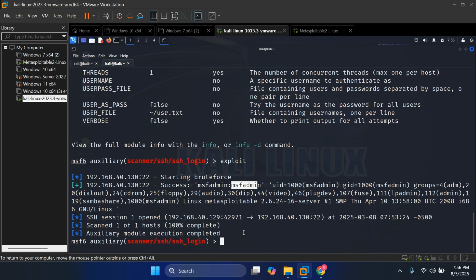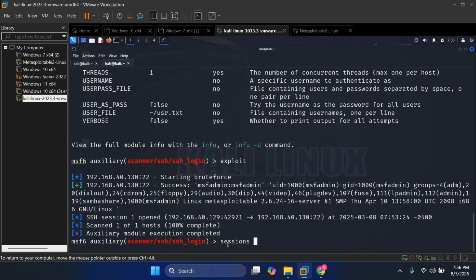So let us continue. Right now, the next thing we want to do is open what we call a reverse TCP. What is reverse TCP? Reverse TCP is that we are telling the Metasploitable to please connect back to us in Kali Linux so that we can create files here in Kali Linux and see them in the Metasploitable, or create files in the Metasploitable and see them in Kali Linux. So how do I create this reverse TCP? I am going to type